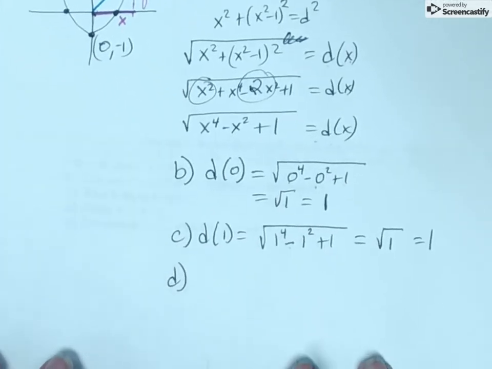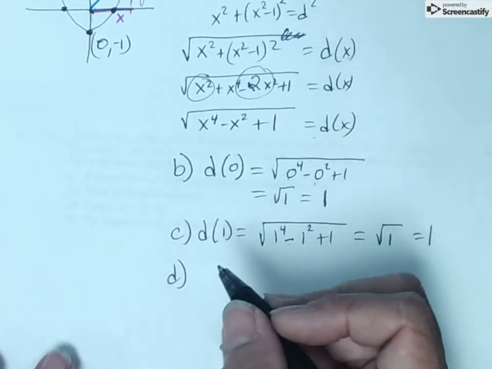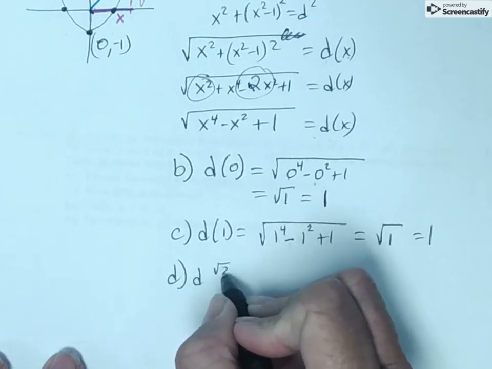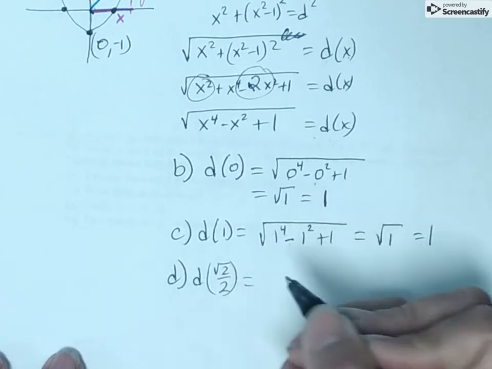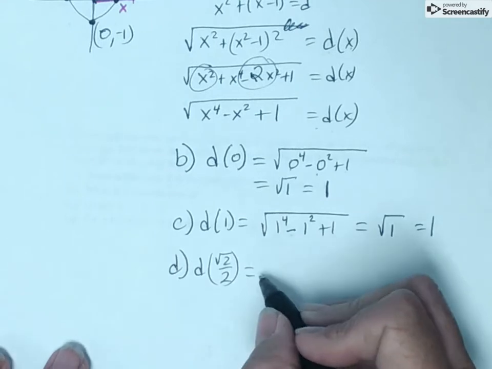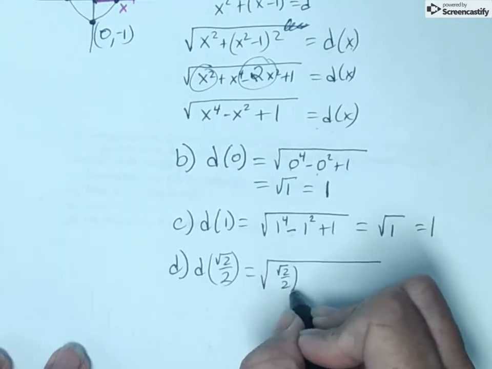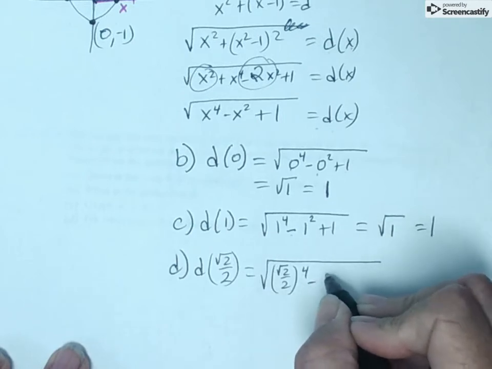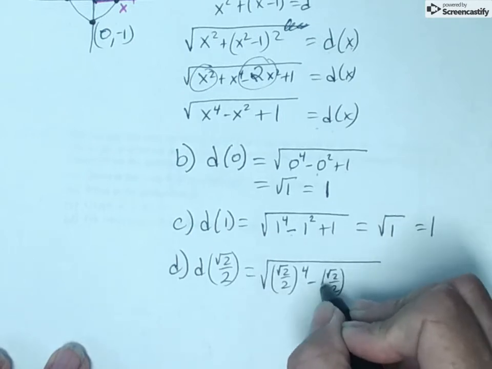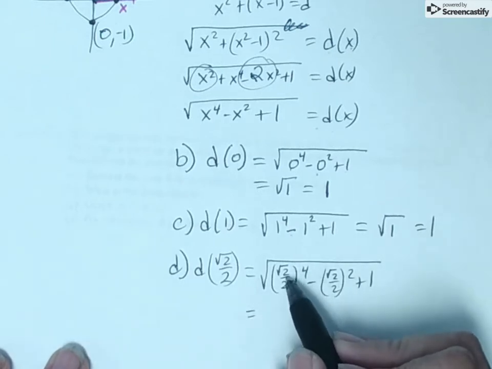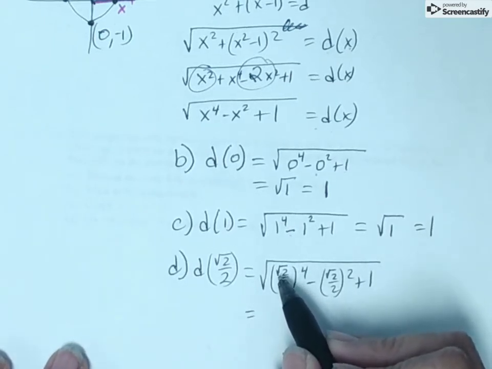Part D is asking, what if x is the square root of 2 over 2? Well, no problem, right? We can do this. Just plug it right in. So the square root of 2 over 2 to the fourth minus the square root of 2 over 2 squared plus 1. When we multiply this out, we multiply it times itself 4 times, and it's still under the square